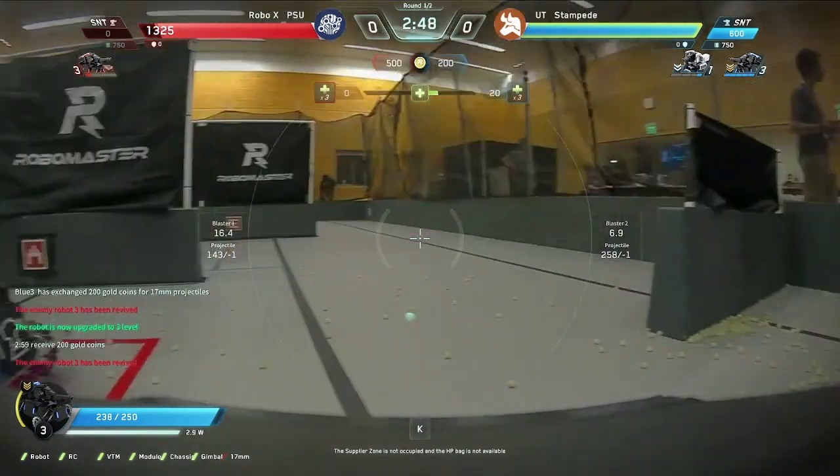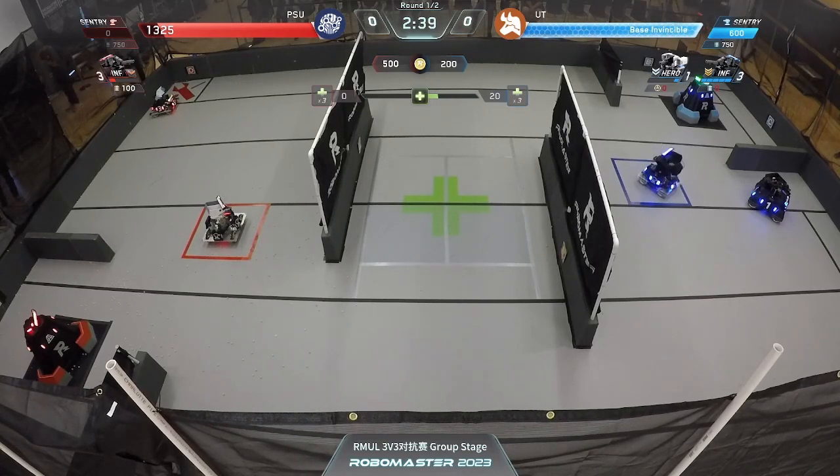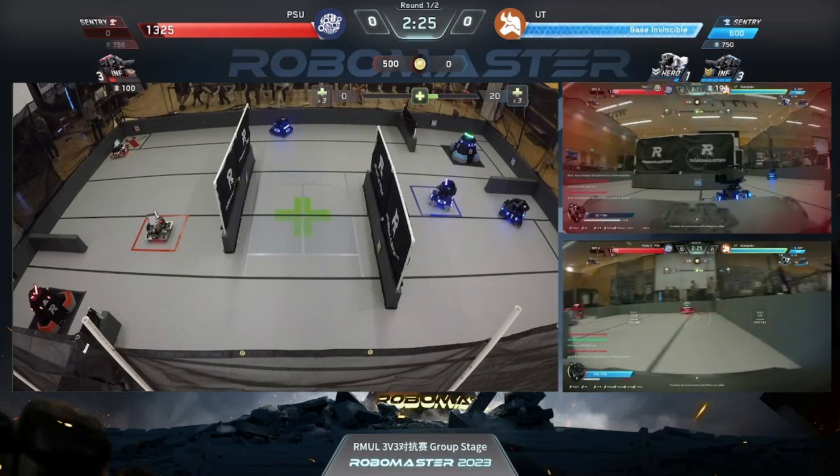That other side armor panel might be having some trouble, but we probably won't have to remake the match or anything, because UT is still going to win this match. Yes. Penn State no longer moving. It's going to take a miracle to save PSU, as their standard is still not able to move away from that resupply zone. I think it would take a...